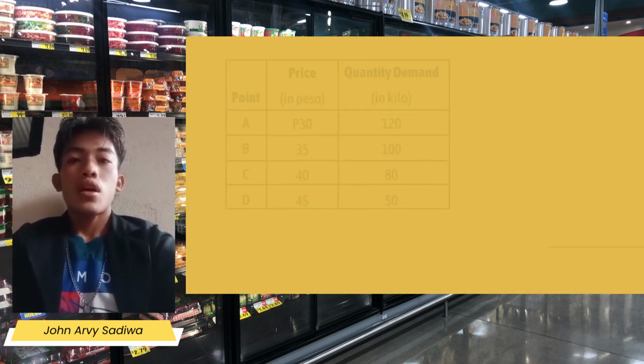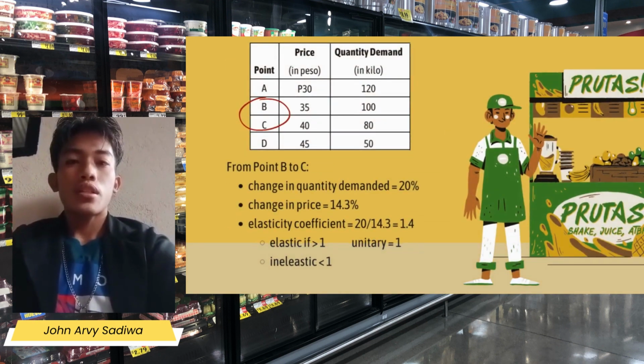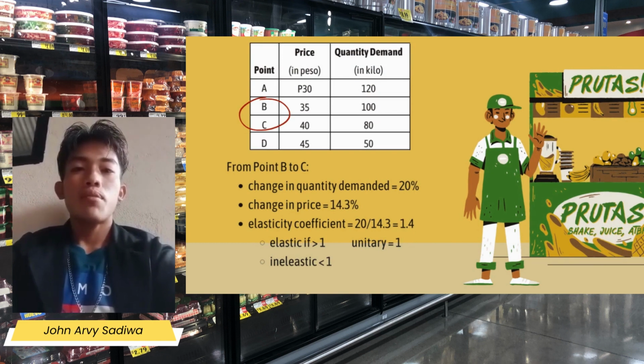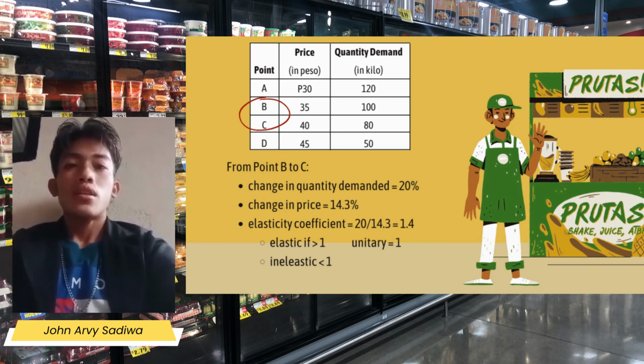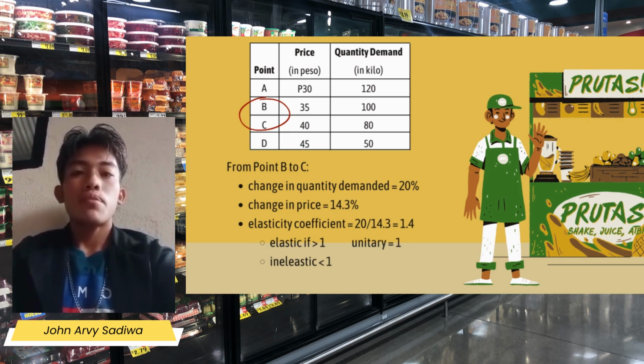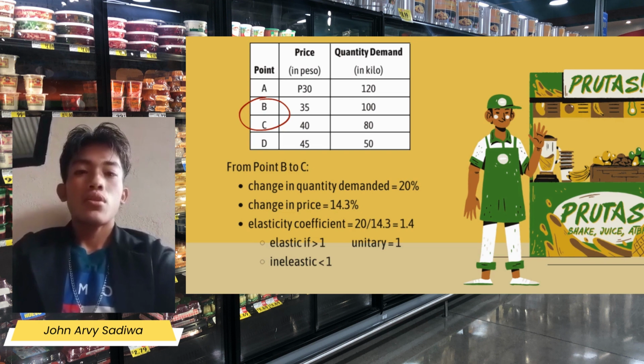So as an example, to get the elasticity coefficient from point B to C, we get the change in quantity demanded, 100 minus 80 divided by 100, which is equal to 20%, while the change in price is 40 minus 35 divided by 35, which is equal to